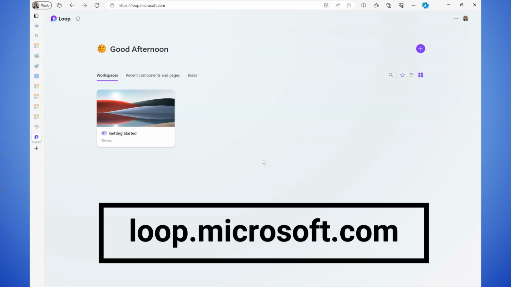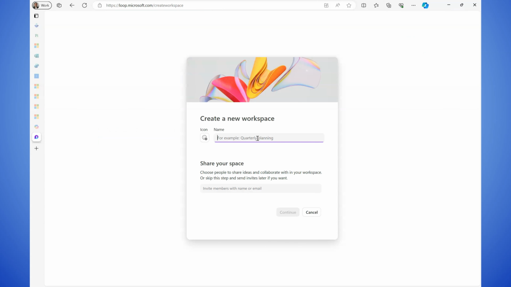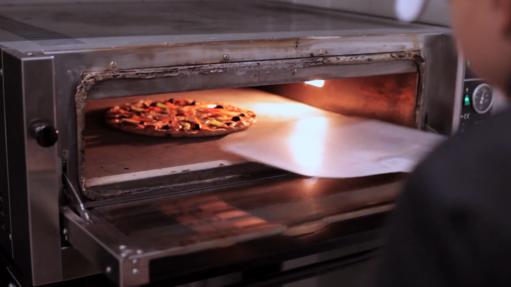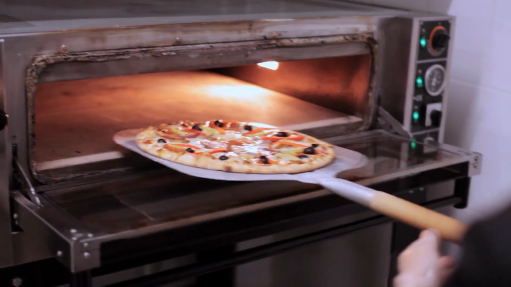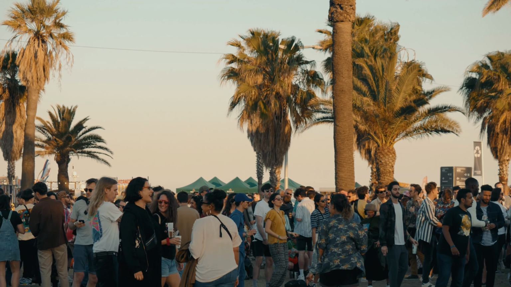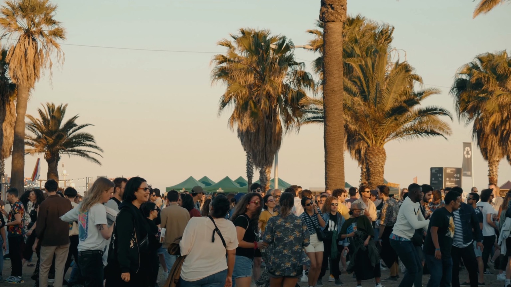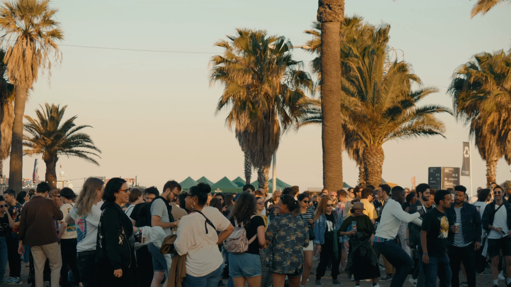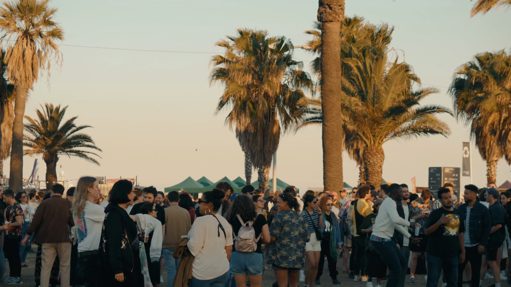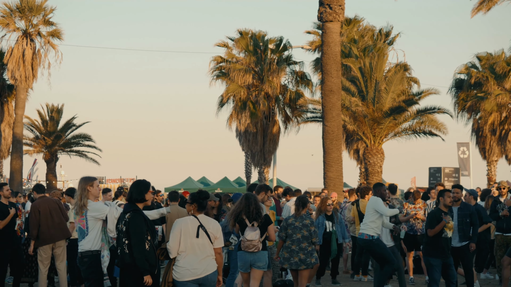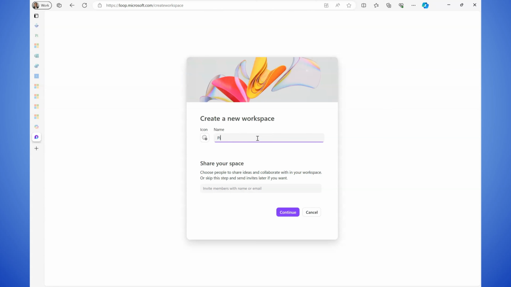So, here we are in Microsoft Loop, which you can access at loop.microsoft.com. And in here, I want to create a workspace for a new project. Now, in this example, I own a fleet of mobile pizza ovens, and we use these to cater for big events. We've got a trade show coming up, and we want to use it to introduce a brand new pizza flavor. So we're going to use a workspace to collaborate as a team to ultimately come up with a really interesting pizza flavor. So we're going to call this the pizza project